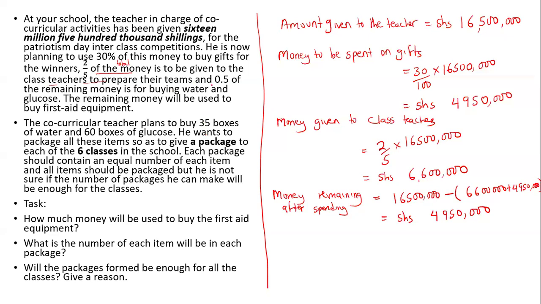But they told us that 0.5 of the remaining money is for buying water and glucose. Then I will say money to buy glucose and water. So they told us 0.5. So it's going to be 0.5 times the 4,950,000. So always you place your calculator. So you say 0.5 times 4,950,000. So it will give us an amount equivalent to, so this one is going to be shillings